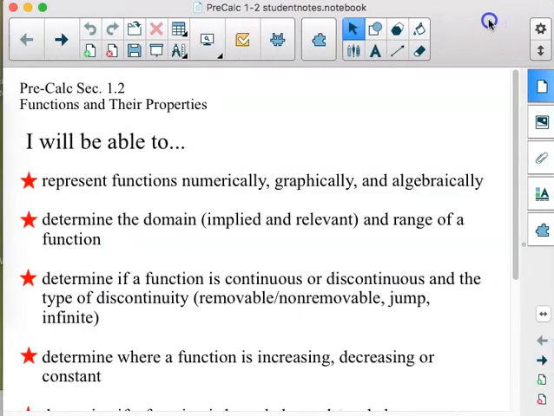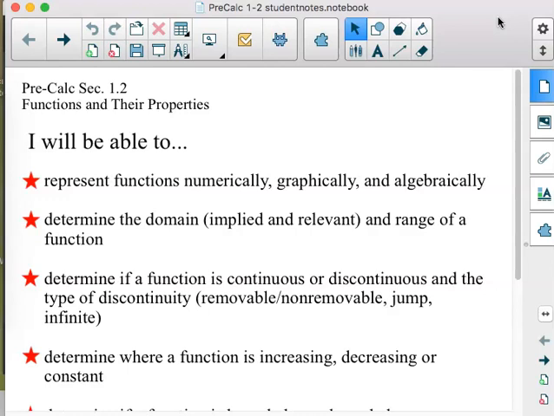Alrighty, we started 1-2 with the knowledge that it was going to take a long time to cover everything that's in here because there are so many objectives. And what we're leading to is this process of when we graph, and somebody says analyze the graph. Analyze is a tricky word because it means everything that you could possibly know about this graph, tell us. And that's what we're going through, is all of the things that we could possibly tell somebody about a function and about a graph. So we've hit